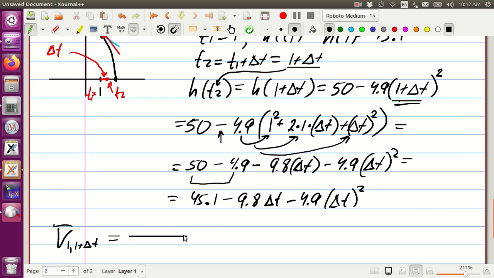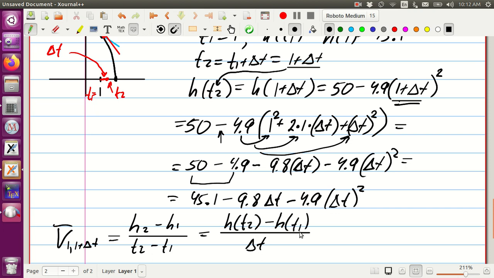So the actual quantity is h sub 2 minus h sub 1 over t2 minus t1. So on the bottom we get delta t, on the top we have h of t sub 2 minus h of t sub 1. And this is h of t sub 2, so we plug it in. So we're going to get